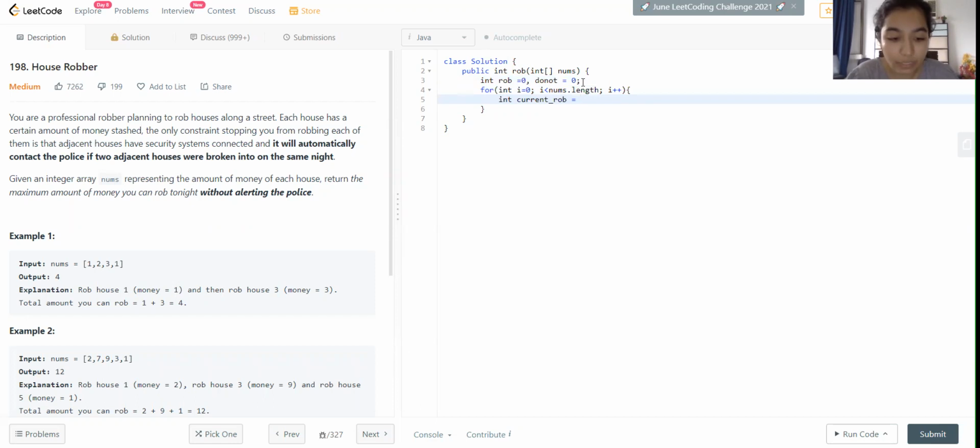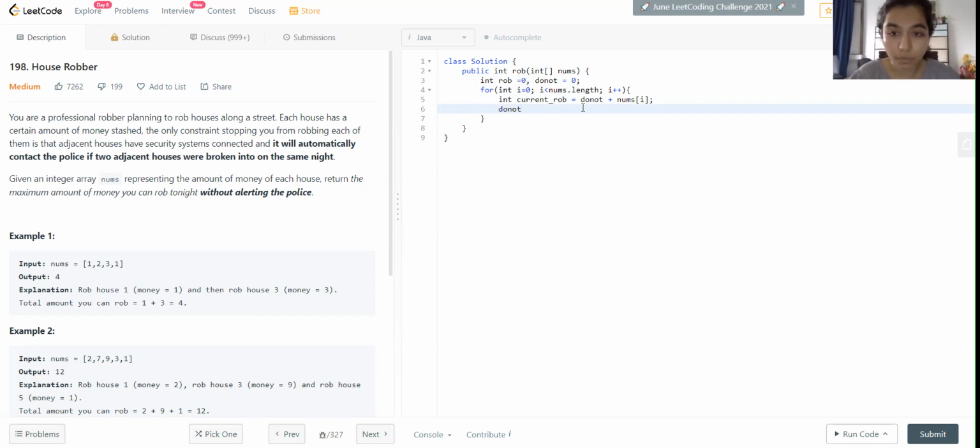Let's say in current we are going to add do not rob plus nums at I, because if we are robbing ith location, we cannot rob the one before it, right? So we are going to keep swapping the values of do not rob and rob.